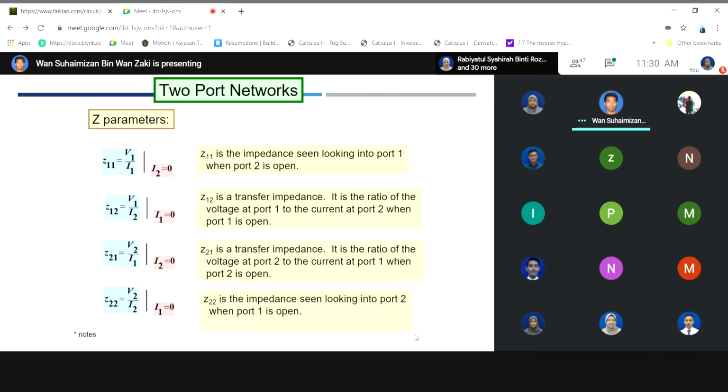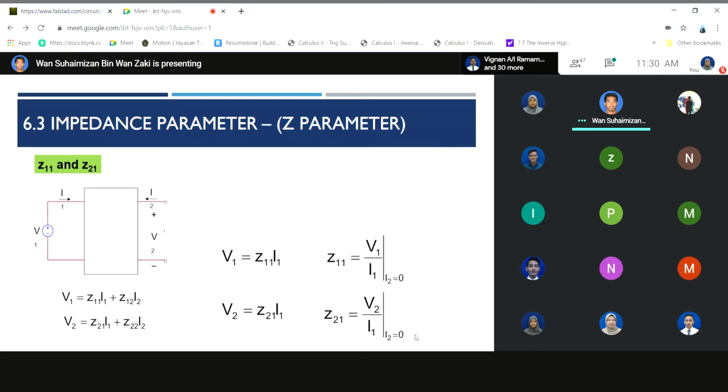Alright, next step is how to do the test. The test means that you need to open circuit at port number 1 and then open circuit at port number 2. This is the first task you need to do. When you have a question to determine the Z parameters, you need to perform two tests. Test number 1, you set I2 to 0. So at port number 2, you just open circuit,